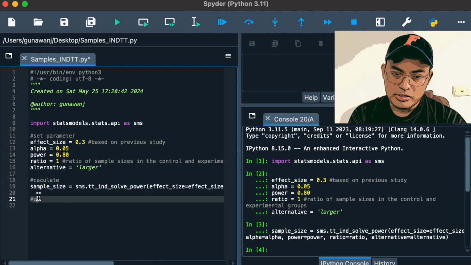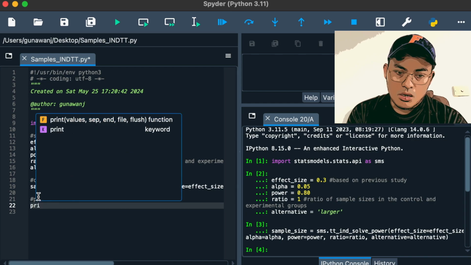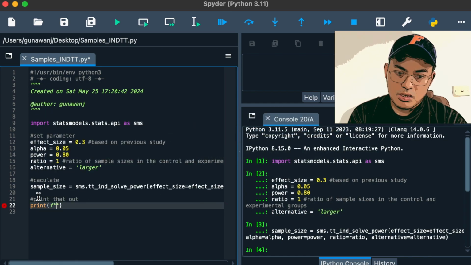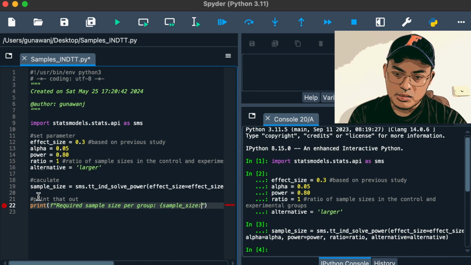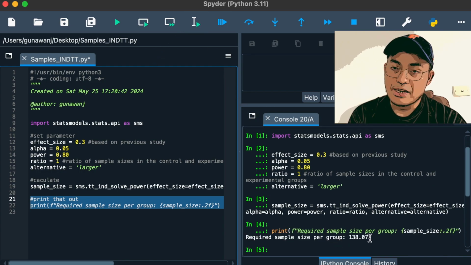and next we need to print this out, how much sample size we have from these calculations. Alright, print, and then f-string required sample size, and then include that sample size from the calculations. And this time I just use 0.2f, so it's like two numbers behind the comma. Okay, print that out, and we have 138 per group,